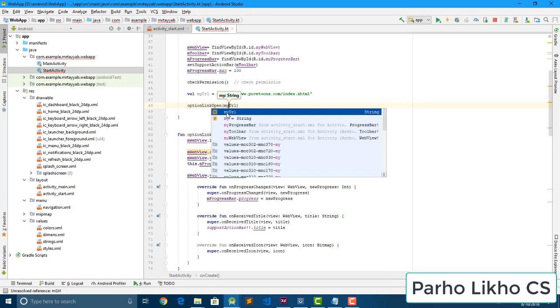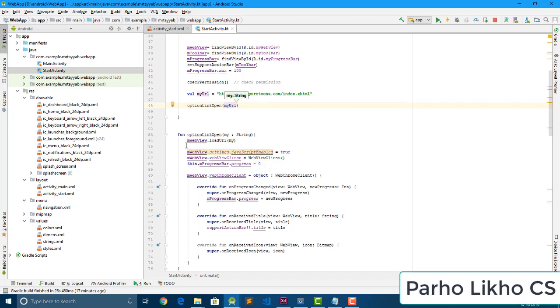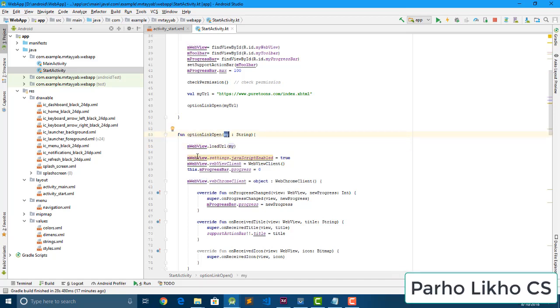Okay, yeah, this one, myUrl. So in this function, I set the loadUrl, and I pass the myUrl which we get. So set